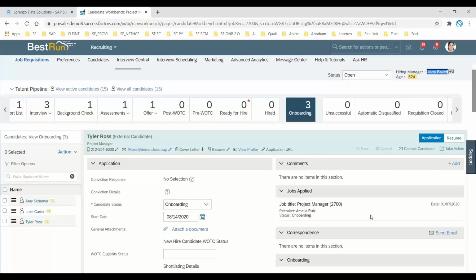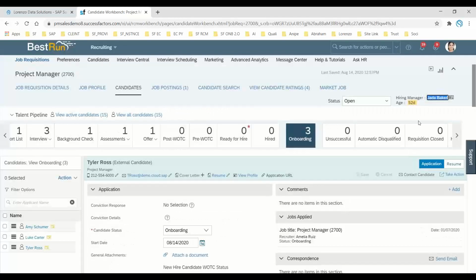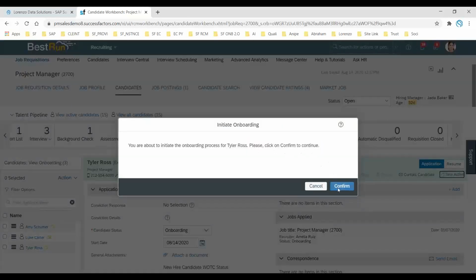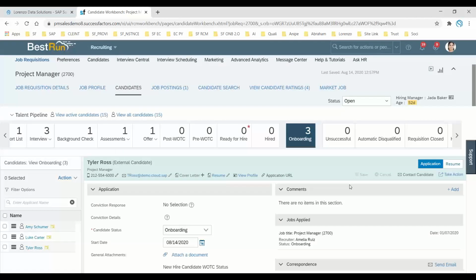You can see here, but you can also configure it in one of the portlets, which is missing in this application. At the top of the page, you can see who is the hiring manager for this external candidate, Ross Taylor. Right. So once the application is saved, click on the Take Action button once again, click on Initiate Onboarding, and then click on Confirm. Now you can see the onboarding process for Taylor has been initiated, and now please click on it, and then